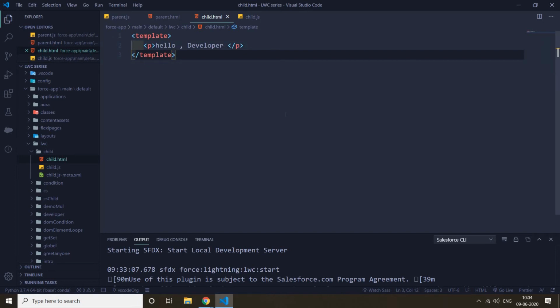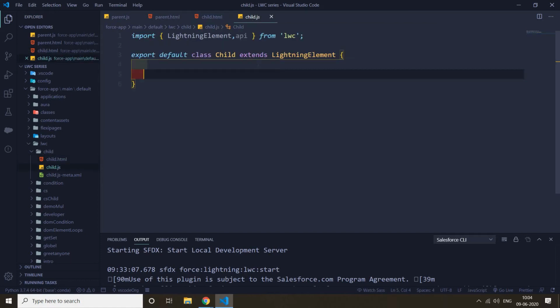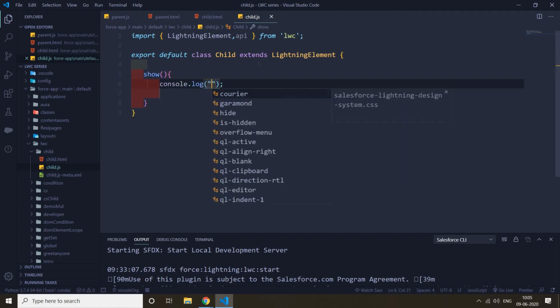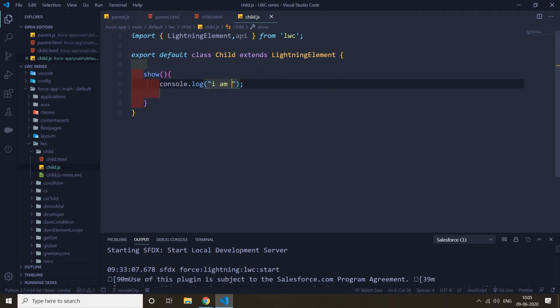Now our basic idea is we make one method in the child component. So let's say the method name is show, and in this method, as of now we are learning about how we can call it, so I simply console log it, and the message passed is I am running.